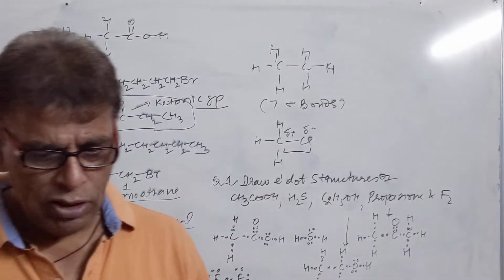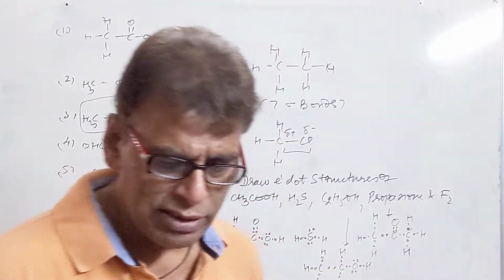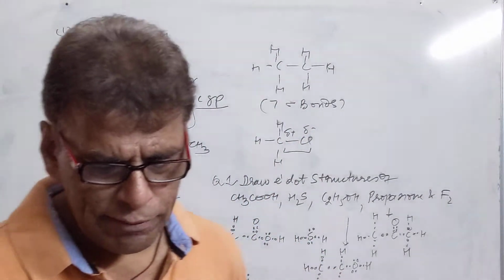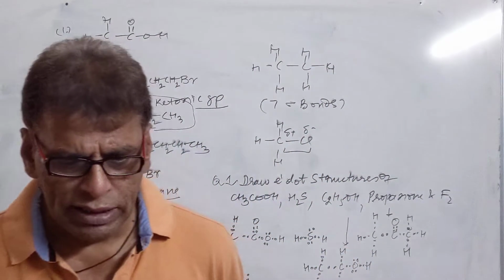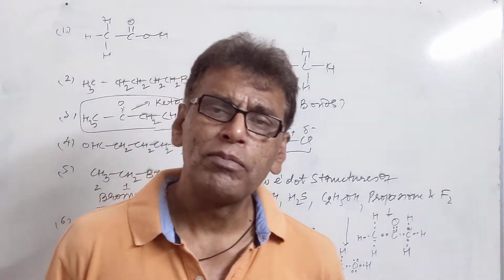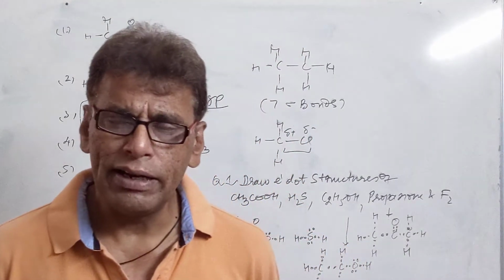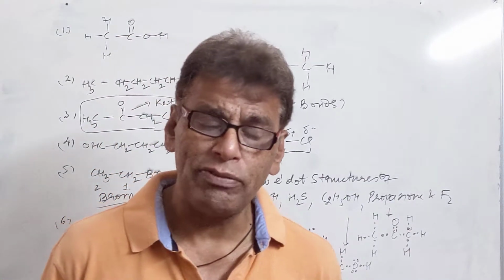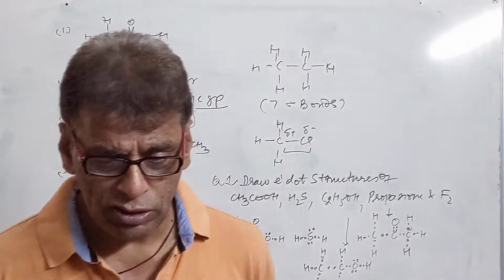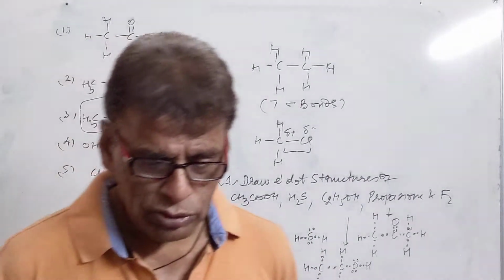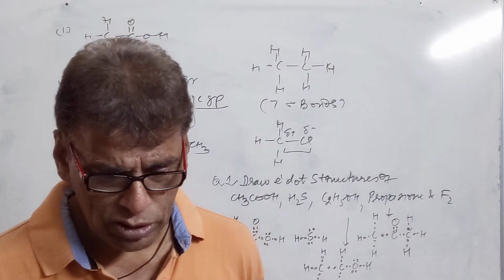Then we have the next, how will you differentiate between ethanoic acid and ethanol? We have already done this question. Ethanoic acid and ethanol have different boiling and melting points. Secondly, when they are treated with sodium carbonate, ethanoic acid reacts vigorously to produce brisk effervescence due to evolution of carbon dioxide, which is not seen in case of ethyl alcohol. So no reaction of ethyl alcohol takes place with sodium bicarbonate or sodium carbonate.